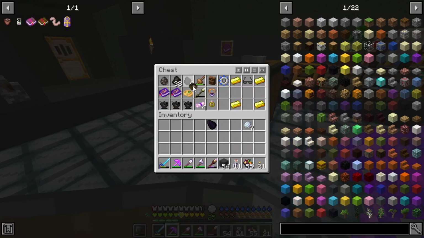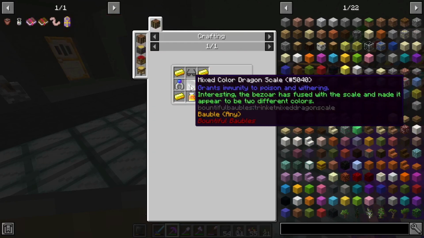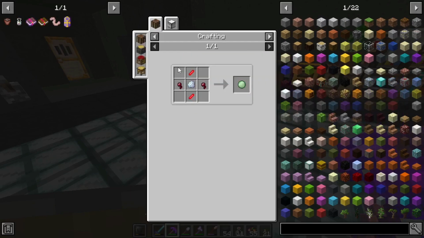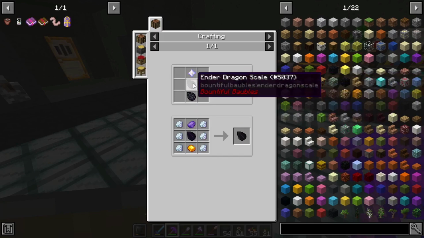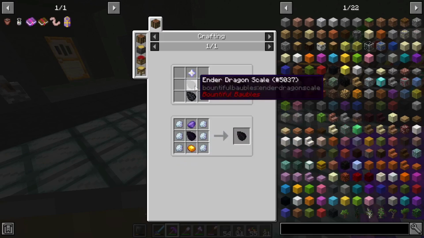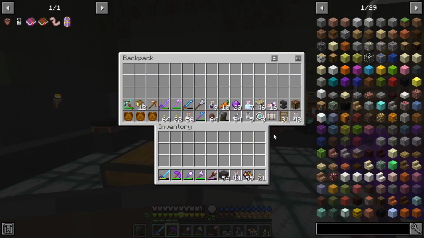And yeah, it's going to be a matter of seeing if I have all this stuff. And then the last thing is the Mixed Color Dragon Scale, which is a Bezoar, which we can craft pretty easily or find in Loot List 2. And a Black Dragon Scale. I have a cracked one and I have an Ender Dragon Scale. We're going to use the Ender Dragon Scale to probably use this recipe because that's the only way to get it, unless I want to get a Nether Star, which is not going to be fun. So, what we're going to do